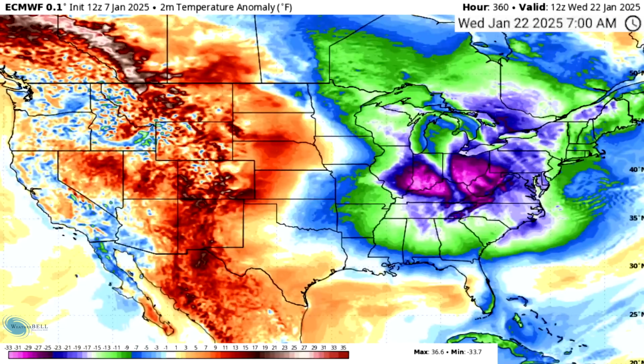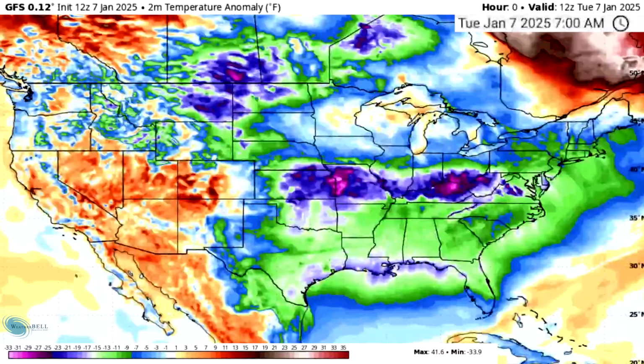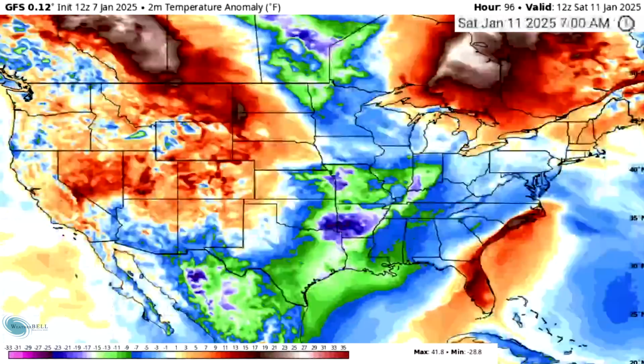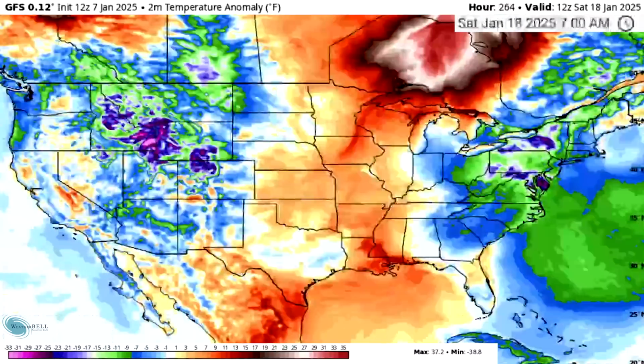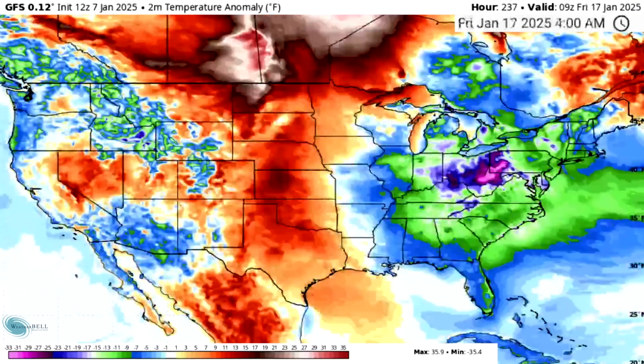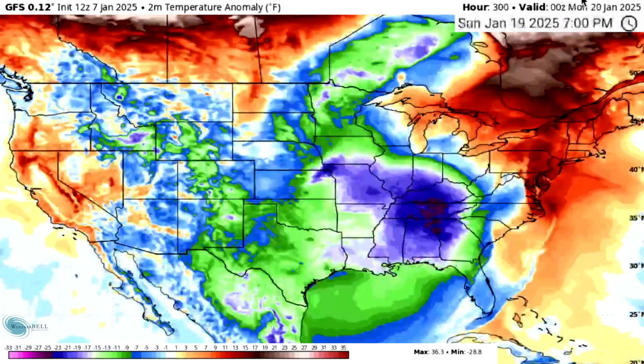So try to find in here where the pattern breaks up, and you're going to have a hard time. It's really just cold from now to the 22nd for the most part, ranging from slightly below average to highly below average. So we're seeing a very cold pattern, ranging in intensity, but overall cold for the foreseeable future. GFS model, it's going to be very similar. Cold, cold, cold. 14th, 15th here, deeper cold blast, a lot less extreme than the European model though, but we do see a similar blast.